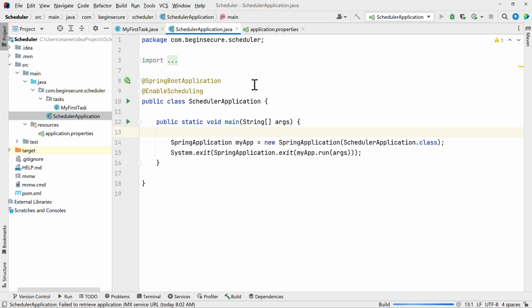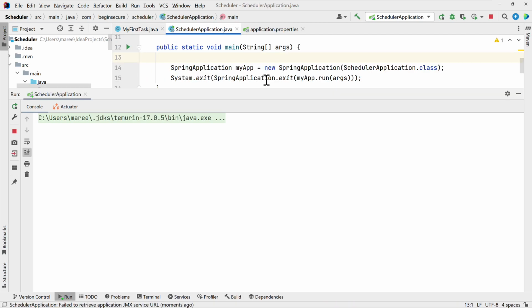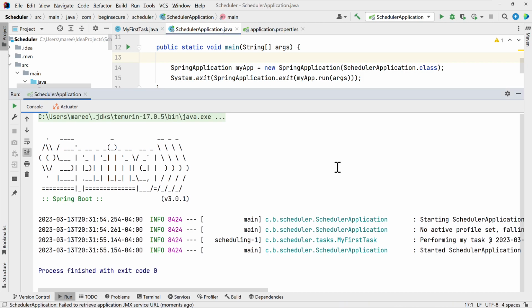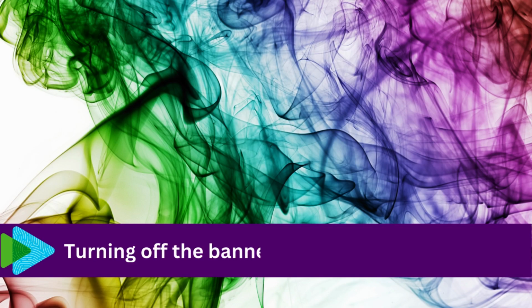All right, enough talk. Let's run it. And when we do, we get our lovely Spring banner that we're used to seeing along with the log messages. Notice the application runs just once and then exits with a code of 0. All right, so this is our baseline. No different than the millions of other Spring Boot applications running in the world at this moment.